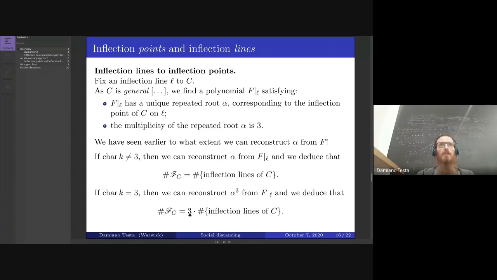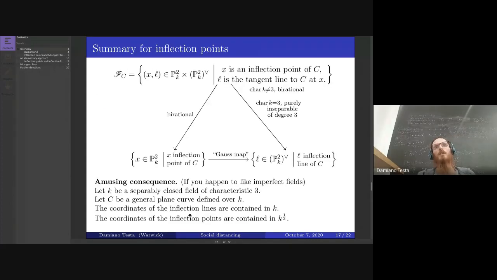All right, so then let's move on. So here is the summary of what happens in the diagram that I talked about. So here is the whole diagram. So I started with a set of pairs, the incidence correspondence of a line, of a point, of an inflection